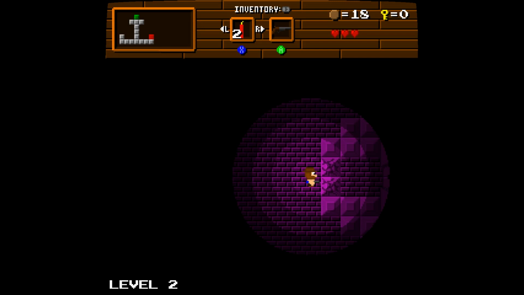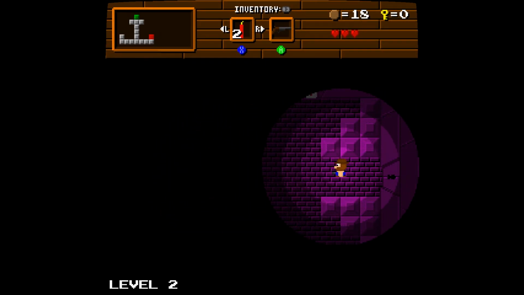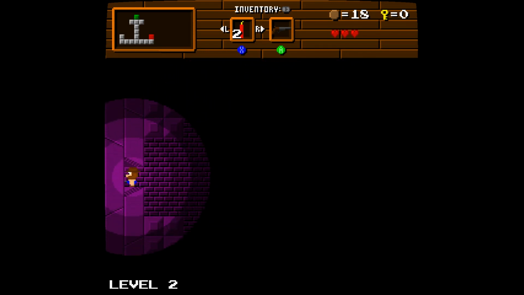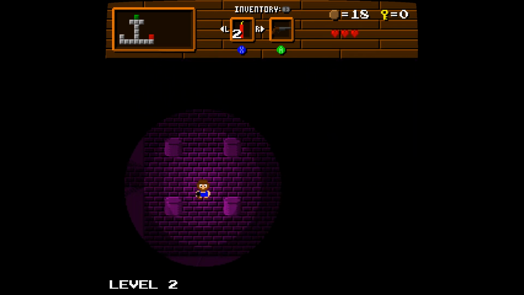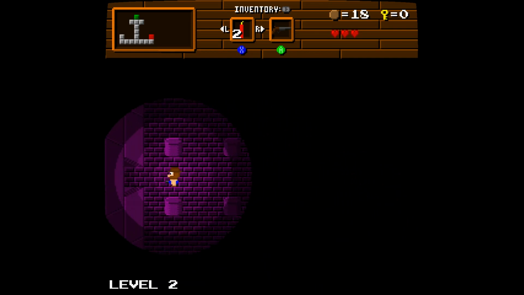You say, and then we put down a dynamite here and we can go get a key, actually. And it's also a save point. So now I need to get a key. I'm just gonna look through all the...